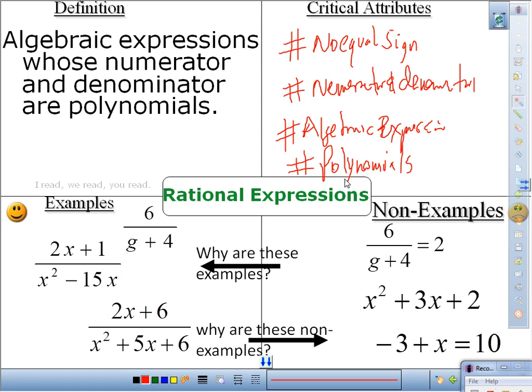Polynomials. They're not leaving anymore. Anyways,